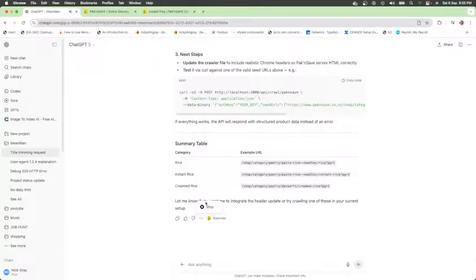Next steps. Update the crawler file to include realistic Chrome headers so Pack and Save serves HTML correctly. Test it via curl against one of the valid seed URLs above, as shown in our conversation history. If everything works, the API will respond with structured product data instead